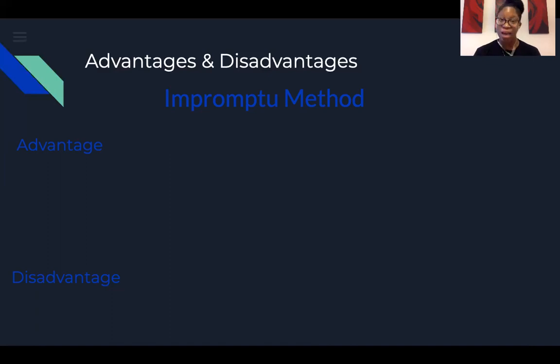I know I do not like impromptu. Okay. But it happens. It happens often. And so you have to be prepared as much as possible, because you won't know, because it's impromptu. Okay. So some advantages. It's going to sound natural because you don't have anything prepared. You didn't have any background. You didn't have any time again to prepare. So it's going to sound natural.